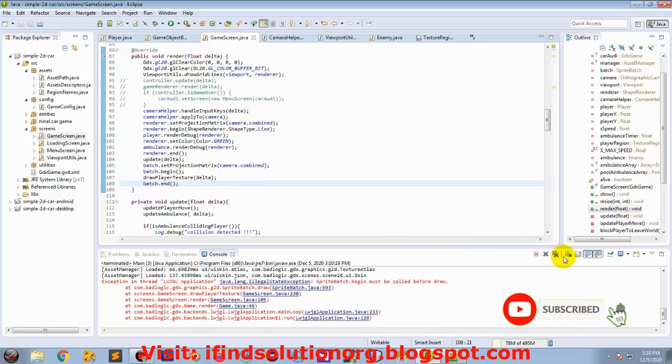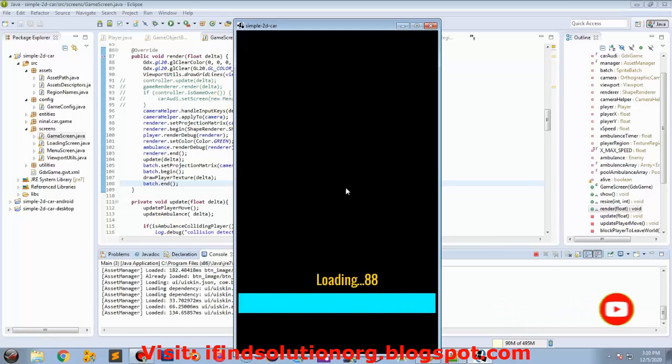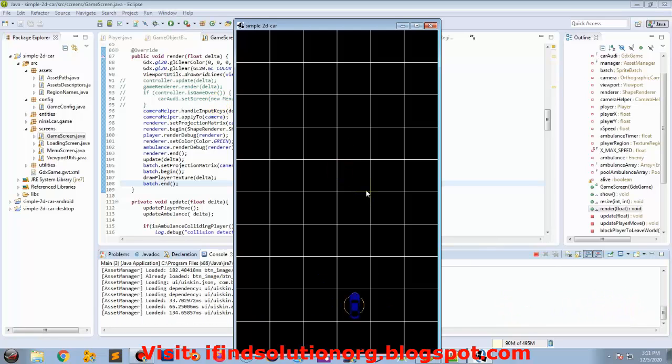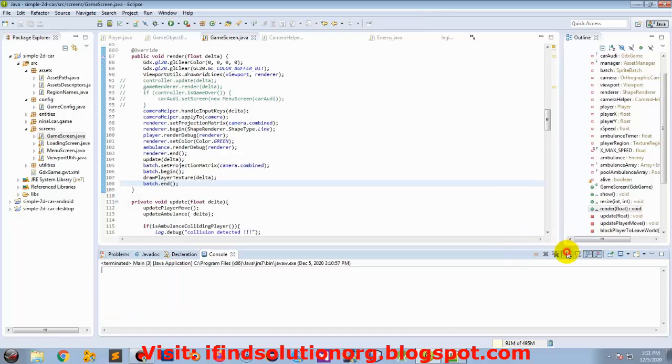So now we try to run it again, and we should see now a blue car. As you can see, we have a blue car, and we have collision detected. And now we added our flare texture, and we will do it also into our